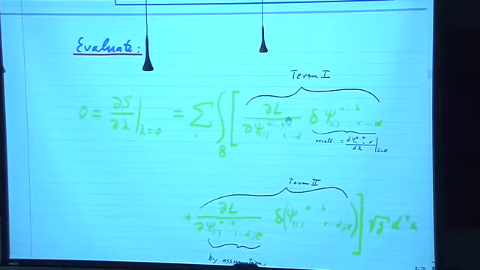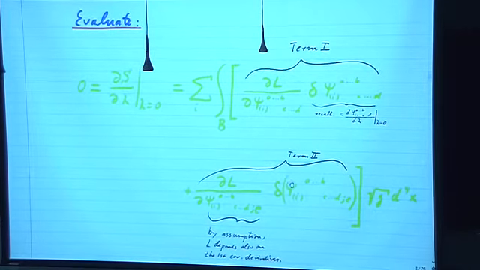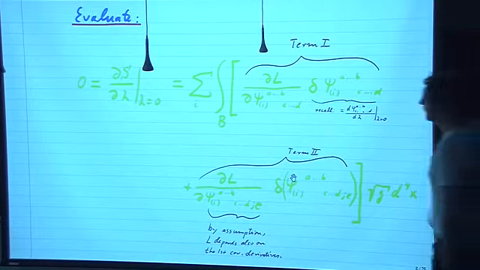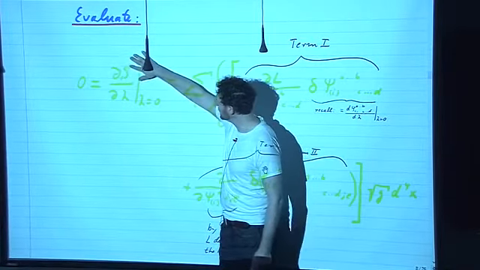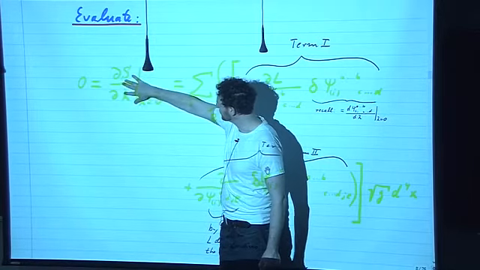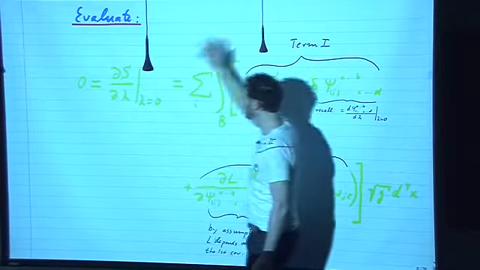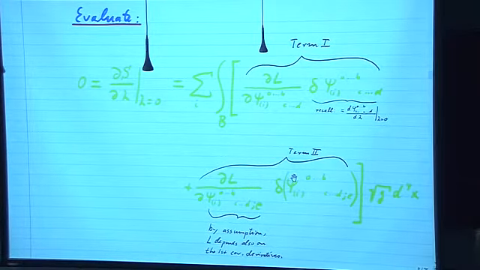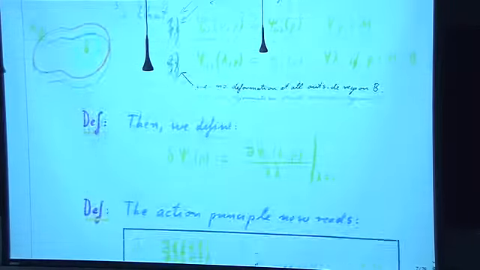So that's reducing it to ordinary derivatives. Now let's evaluate that. So the action principle is that the variation of the action with respect to the deformation parameter has to vanish for all possible variations. And this means, if we go back to what the action is,